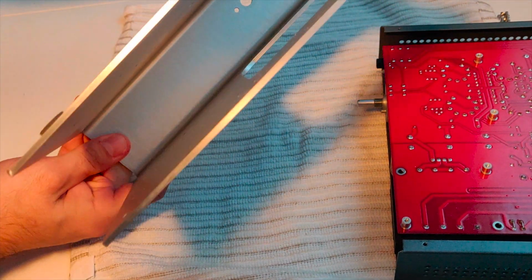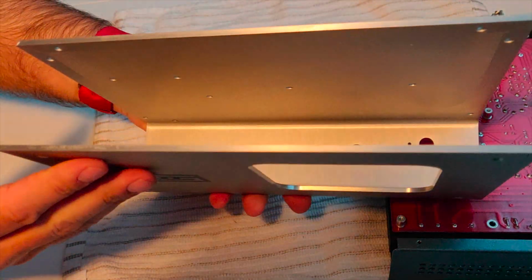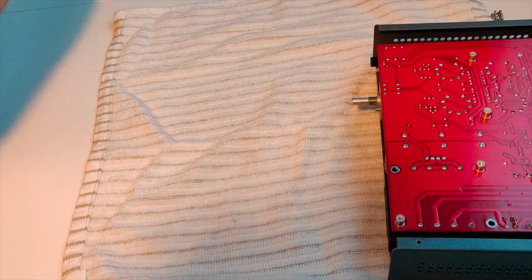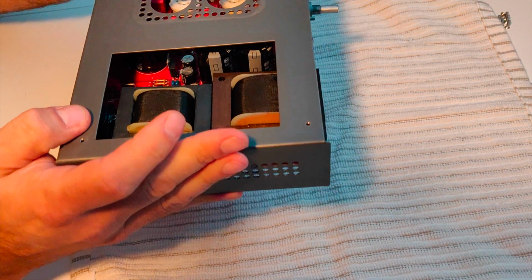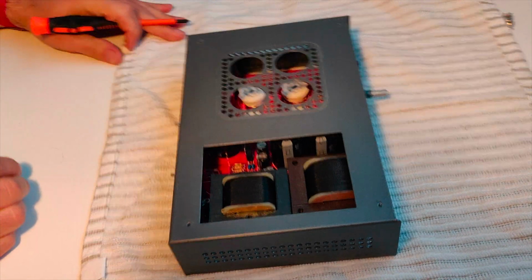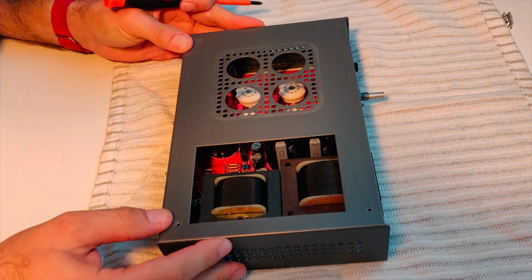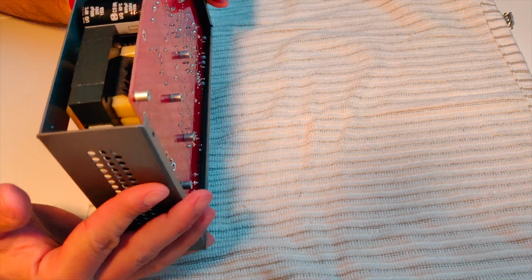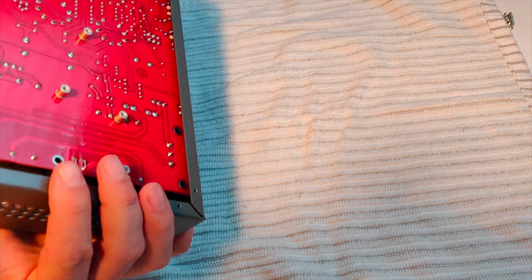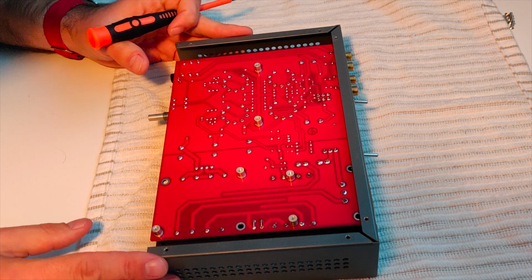So if you've not seen this construction before, it's actually kind of interesting. It's this folded sandwich type thing. Kind of cool. Just all aluminum. And then here we have my Schiit. So I think the best option, since this looks like it's mostly through-hole components, in fact, I don't see a single surface mount device on here, is that we're going to start investigating and figuring out if I